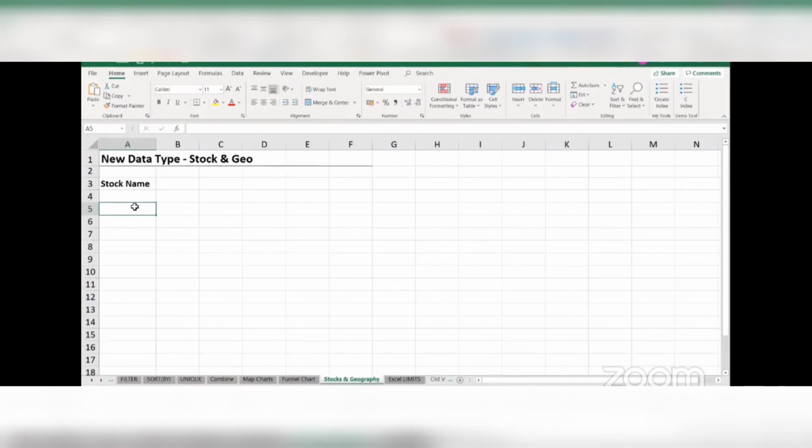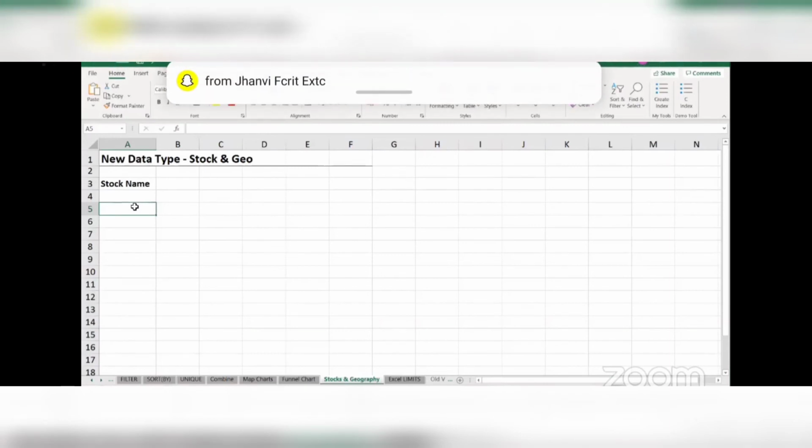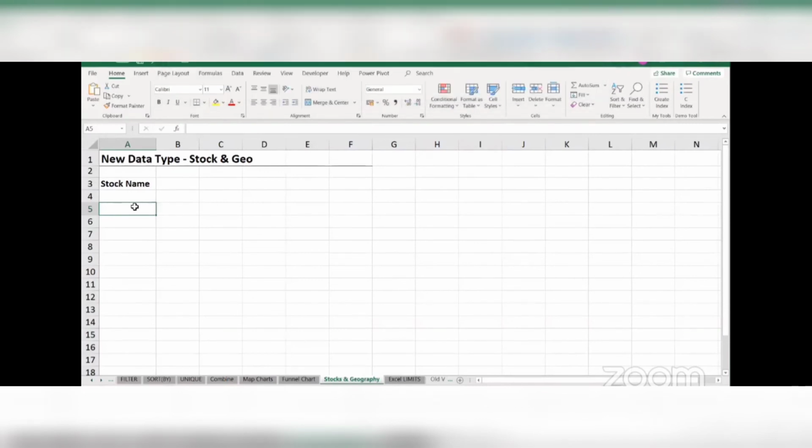How do I do that? One way to do it is to go to the website of National Stock Exchange, find out the price, and copy paste it here. But who has the time to do something like that, right? I don't have it. I'm pretty sure you also don't have it, and that again will not be updating constantly. You need to manually update it.